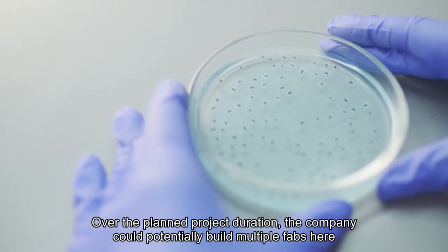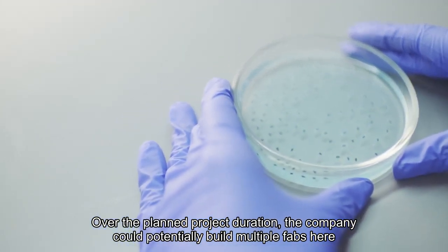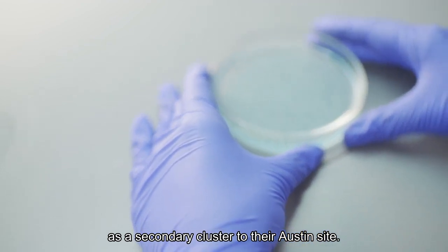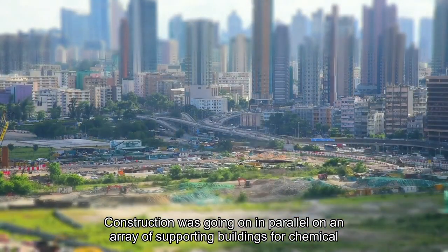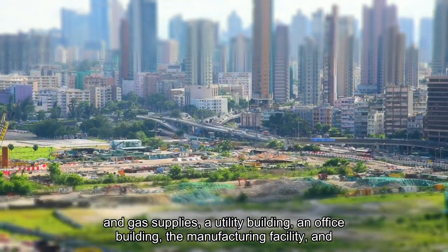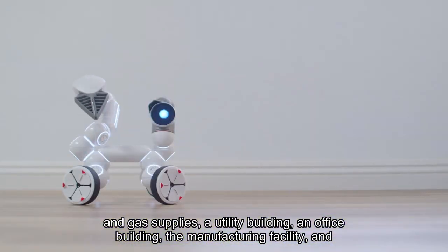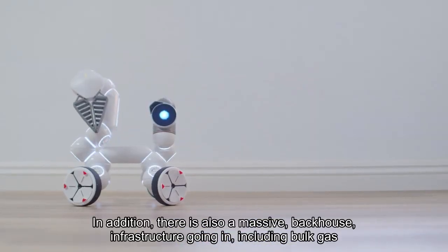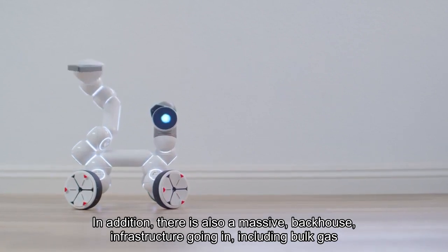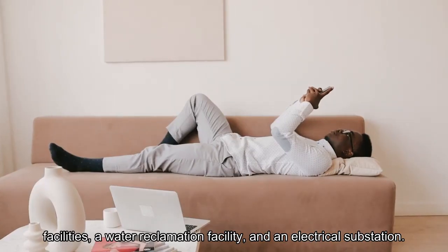Over the planned project duration, the company could potentially build multiple fabs here as a secondary cluster to their Austin site. Construction was going on in parallel on an array of supporting buildings for chemical and gas supplies, a utility building, an office building, the manufacturing facility, and a parking garage. In addition, there is also a massive backhouse infrastructure going in, including bulk gas facilities, a water reclamation facility,